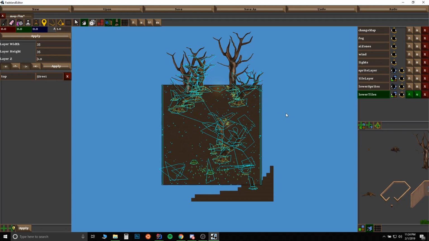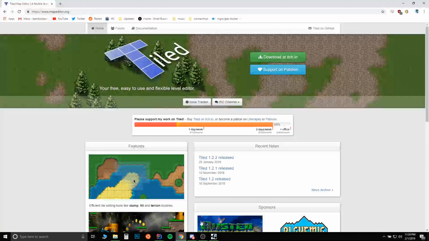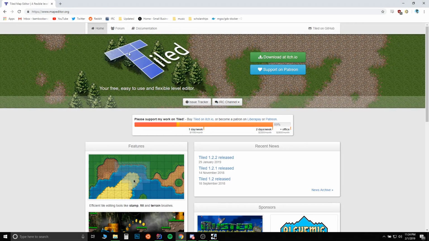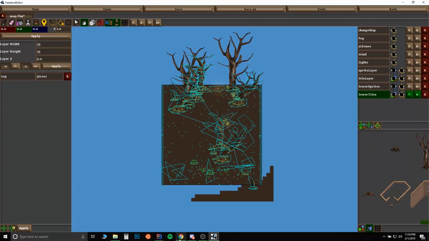So if you can see here, I actually have a map editor, and this is something I made from scratch using LibGDX since the last video. Before that, I was using this program called Tiled. It's a very generic but well-working program that eventually I just needed to move on from because I needed to